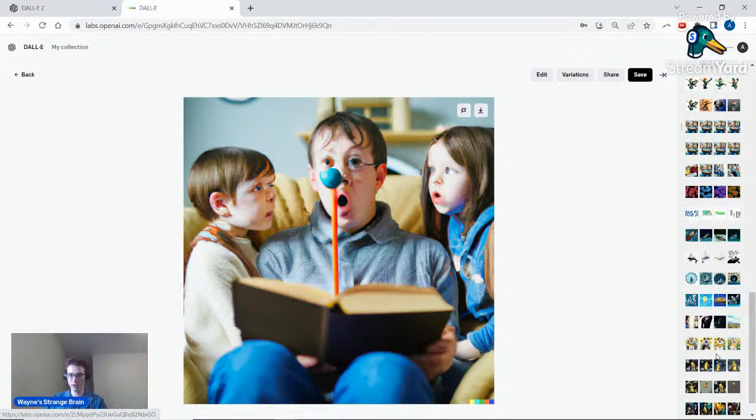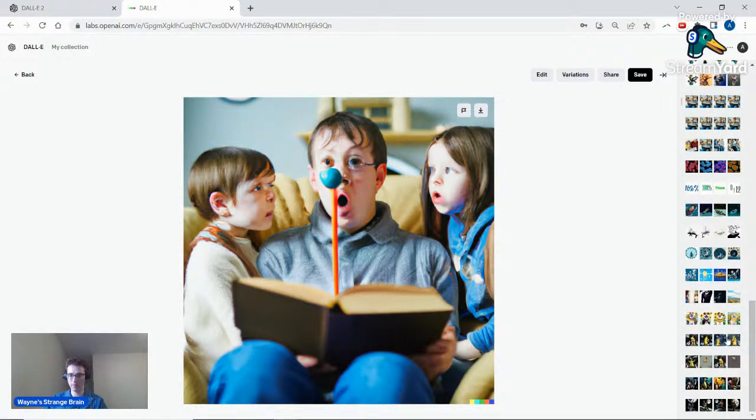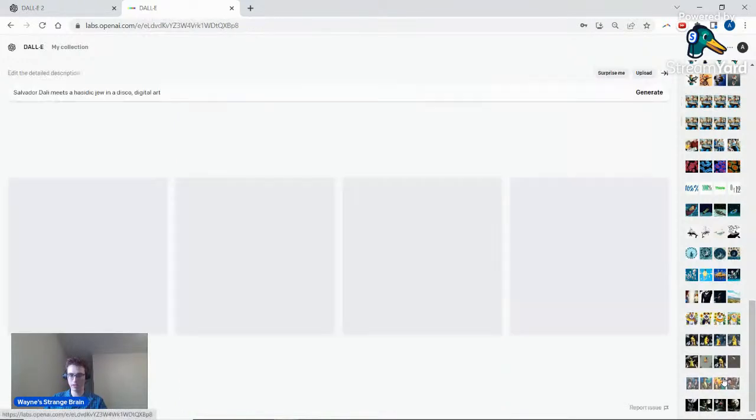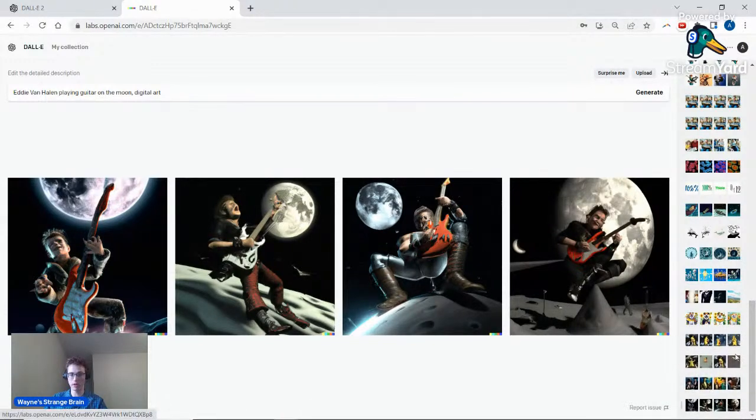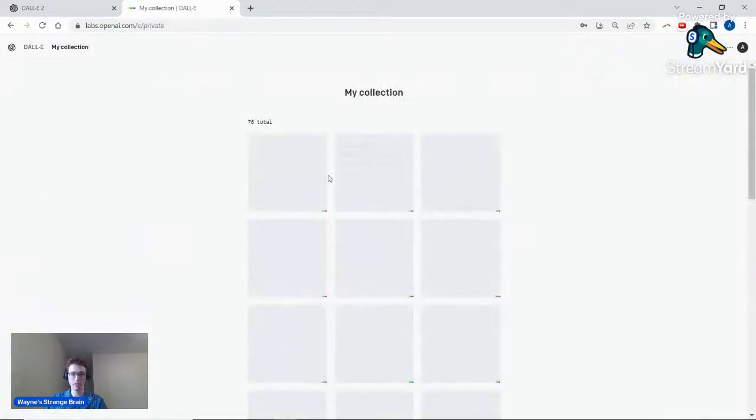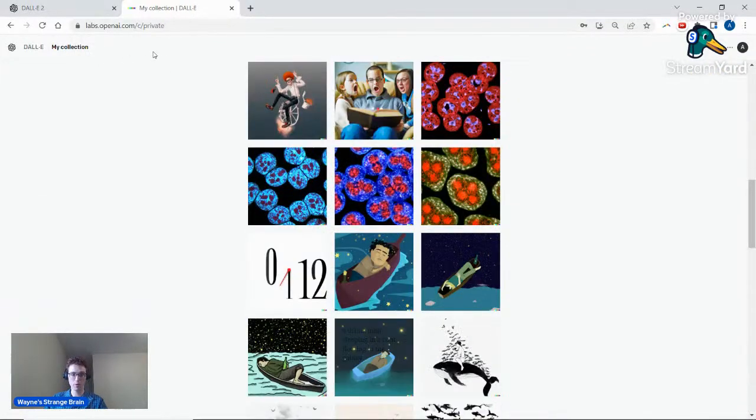I did quite a few things of unicycles just because I liked depicting myself. I'm a unicycle guy now. Ha ha ha. Actually, I've lost some of my original unicycle art from here. I downloaded a lot of it, but it looks like it's gone. I can go to my collection and maybe some of it's there. Nope, nope, nope.